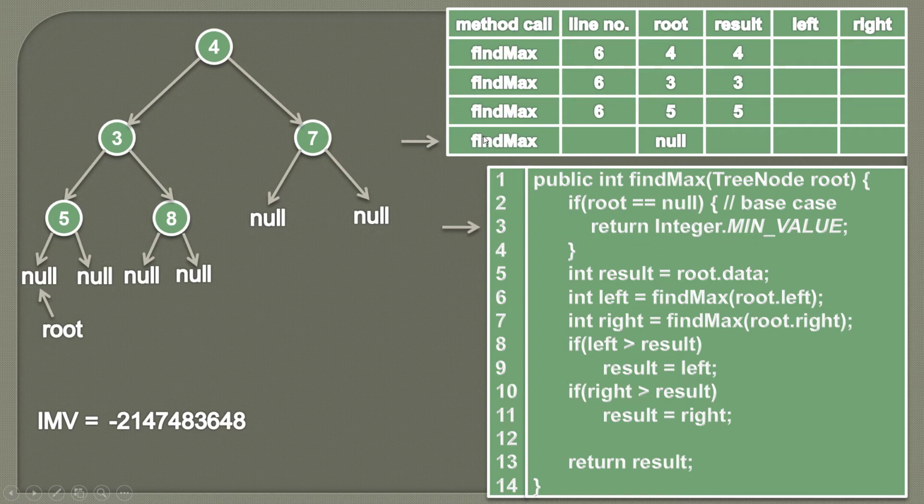So here you can see that we are leaving this findMax method. And once we leave this findMax method, this call will go to this method, because this findMax method had called this findMax method. And we also know that we had left at line number 6, so we'll start our execution from line number 6. And as we are returning Integer's min value, this findMax method will get that value. So it would look something like this.